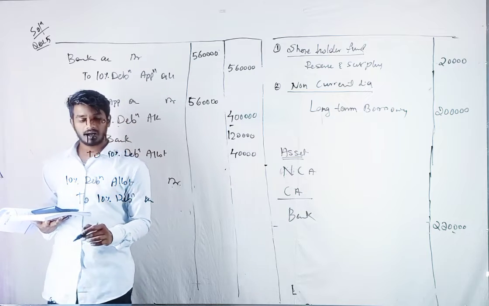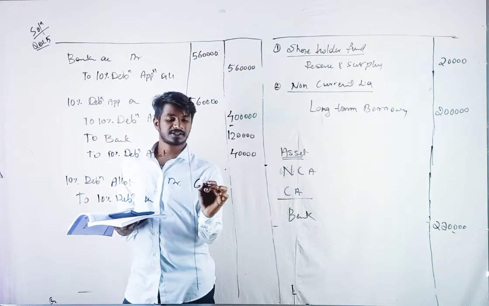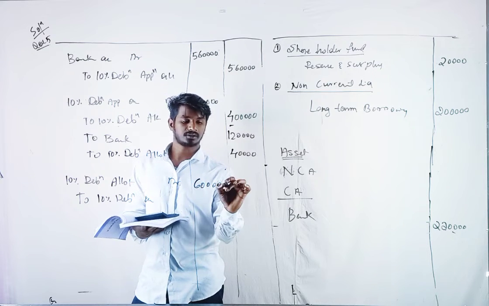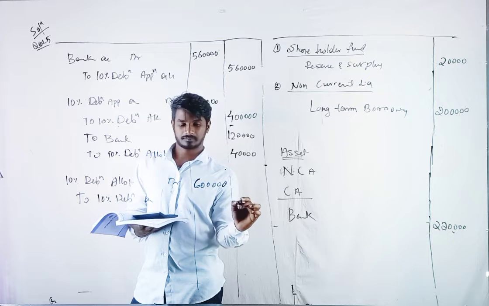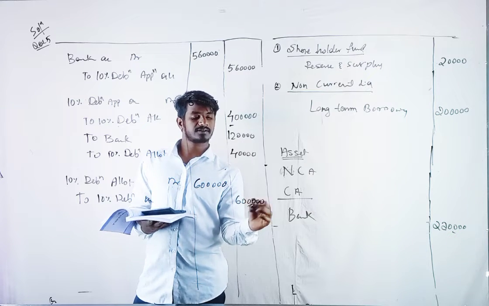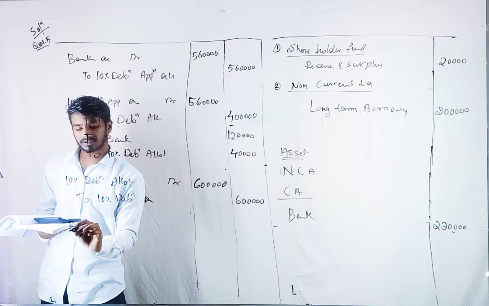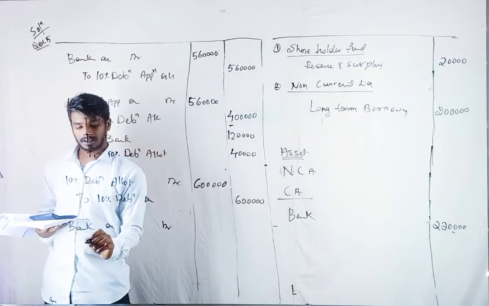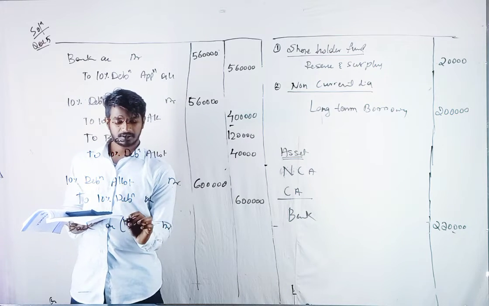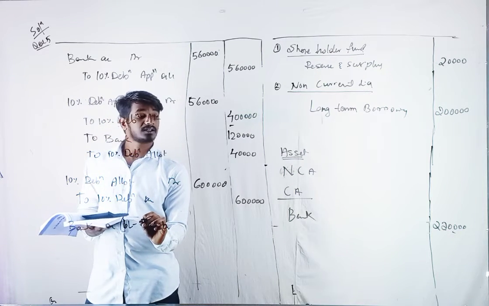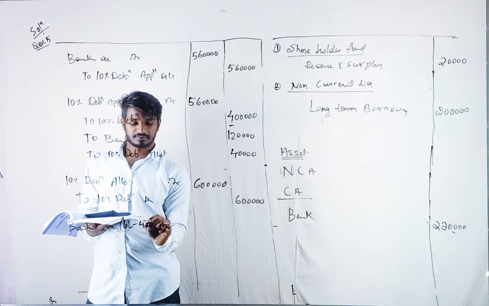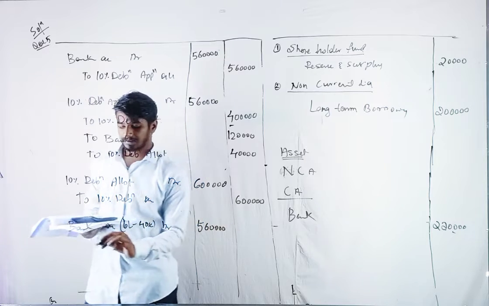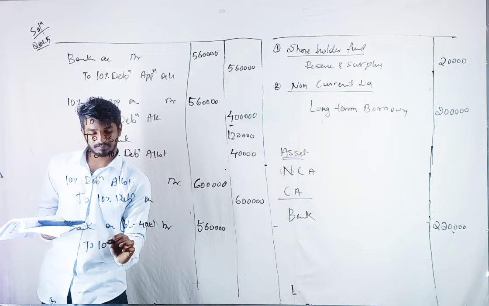account, and how much should we receive? 6 lakhs. 60 into how much is it? 10,000. 60,000, 6 lakhs. We should receive 6 lakhs. We are making it due at the time of receiving. We will receive in the bank account debit. And here how much? 6 lakhs minus what is the adjustment? 40k, right? 5 lakhs 60,000 we will receive in the bank